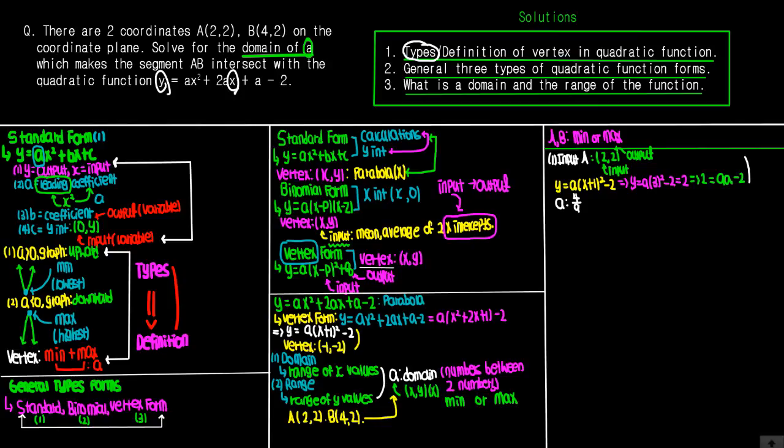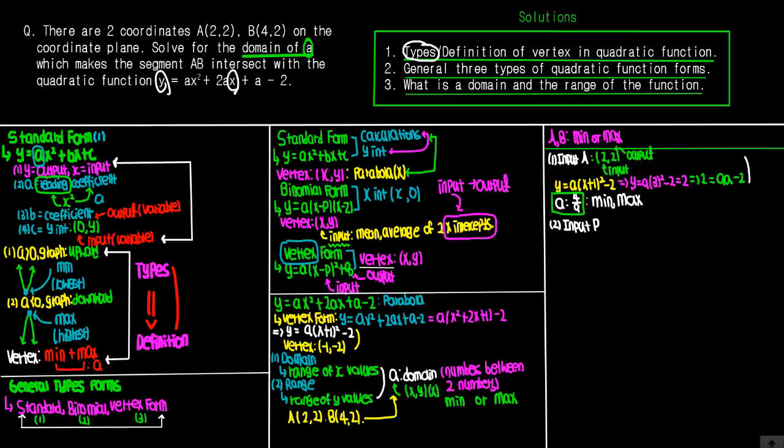So this is going to be our first case of our a value, and we don't know if that is going to be the minimum or the maximum point. So this can be either the minimum or the maximum value. We can know which through the second case, where the input value changes